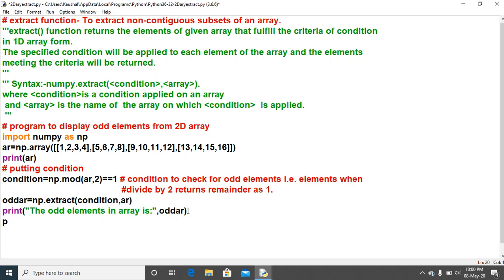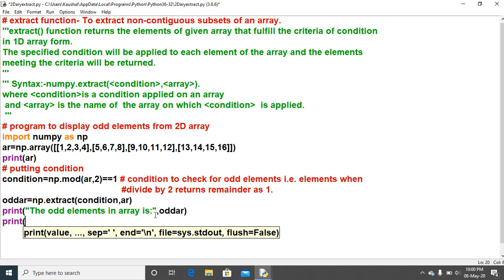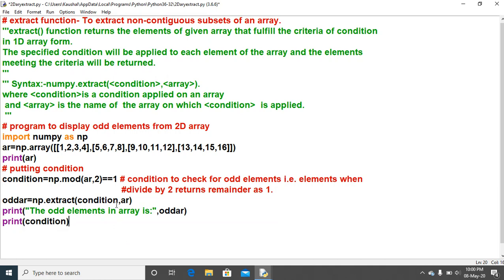I want to display, so I am writing print the value of the condition. So just write condition. This condition will display true as well as false. Where the condition is fulfilled, it will return true, and where the condition doesn't fulfill, it will return false.